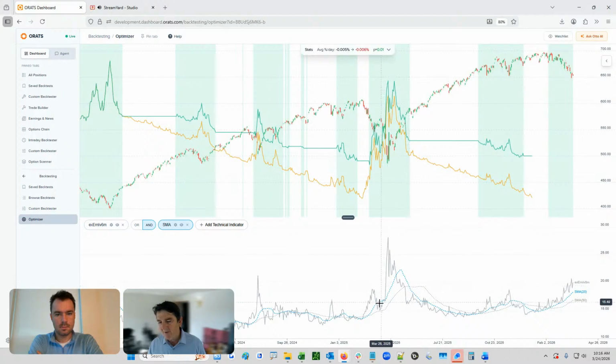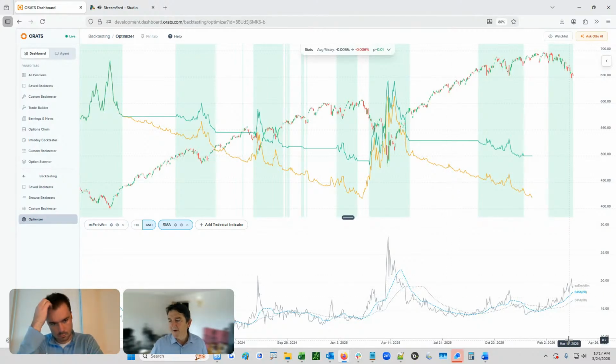So this blue line is the fast line, the 20-day, and it didn't cross till here, and the market had already rallied quite a bit, so it's a little bit slow. And again, if you wanted to make it quicker, there are ways to do that. You could look at the slope of this and do things along those lines. But what I like is what it gets us. It gets me in,